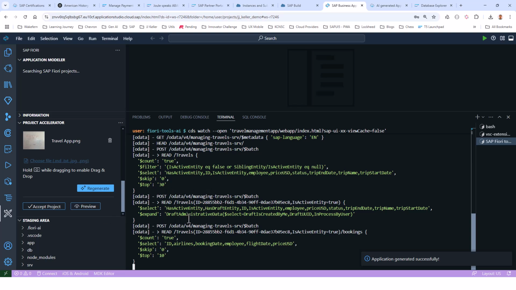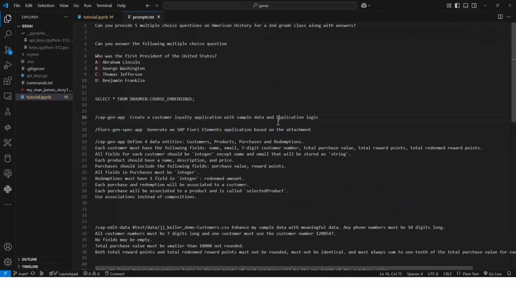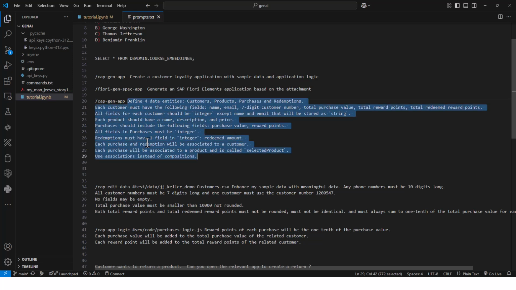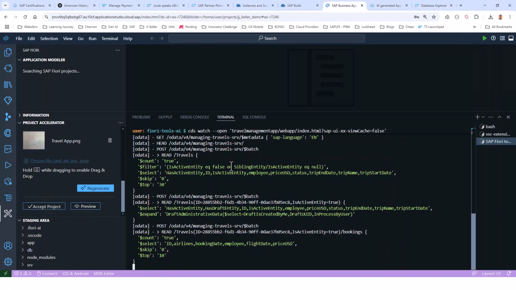But again, this is good for a demo, and this also has the wow factor. But typically for production, you would actually provide something very specific like this. Hey, define 4 entities and so on. So this is how you would actually do the application development with Joule, rather than a very generic statement like this. Anyways,